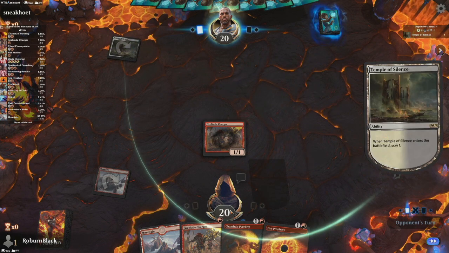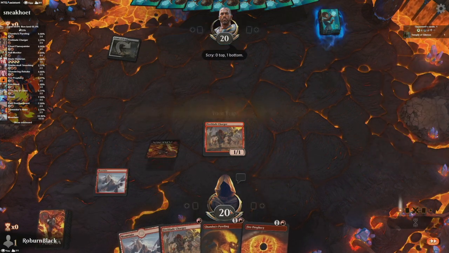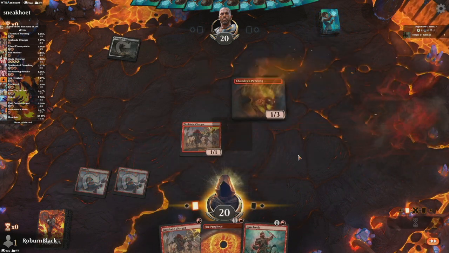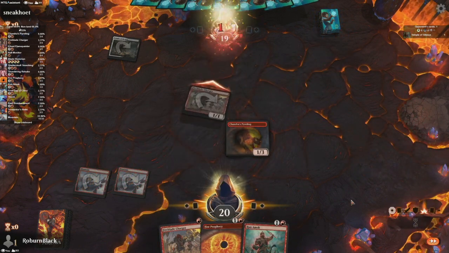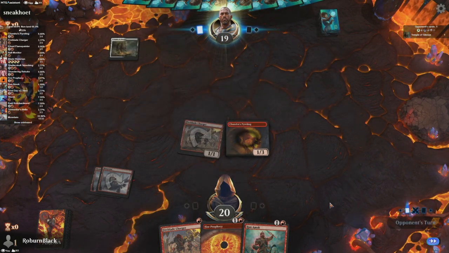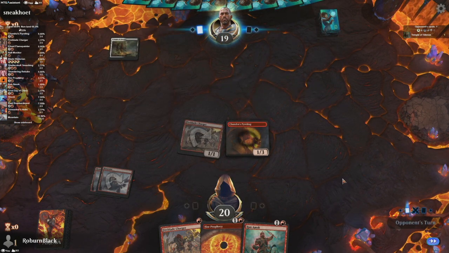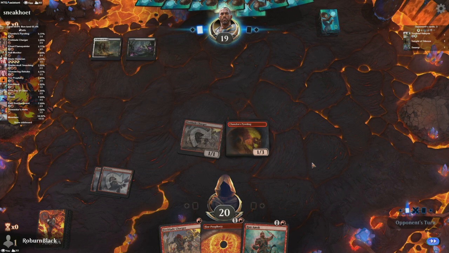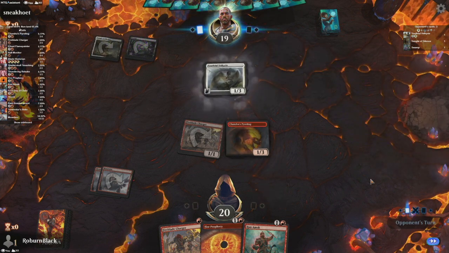I'm not a big Sixer fan. I don't like expensive cards, but I guess if you're ramping, it's fine. But it takes a long time to get out, and it is vulnerable to removal and board wipes and all kind of stuff. So it's tricky to make work, I think, especially in the current meta. I mean, you can do it, but you know,